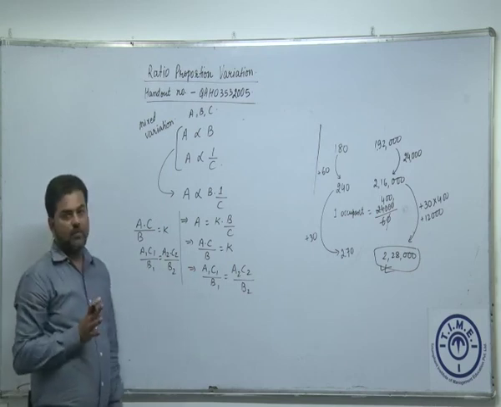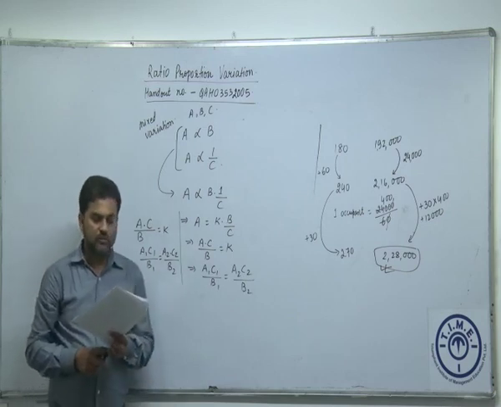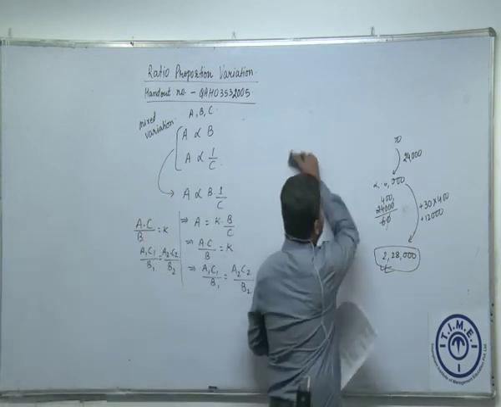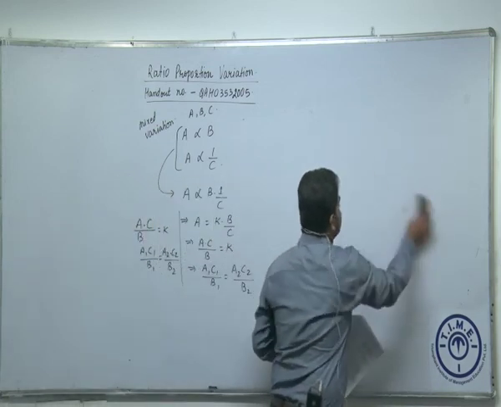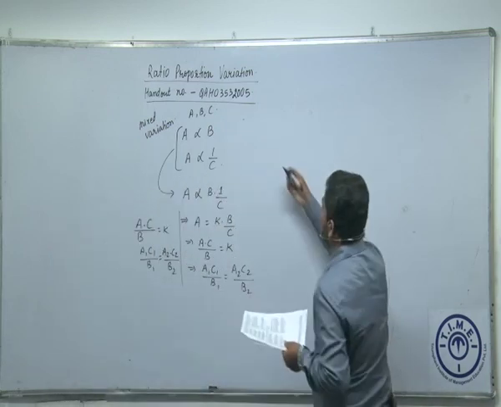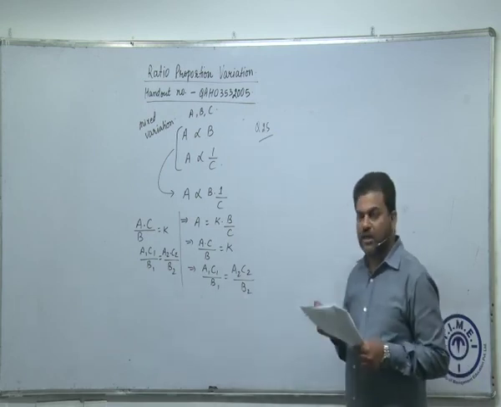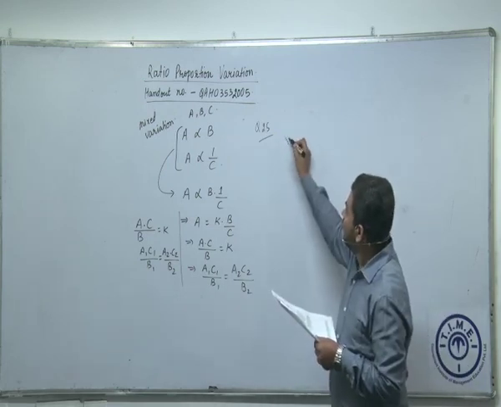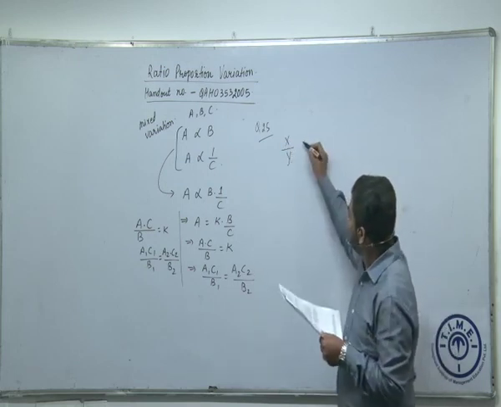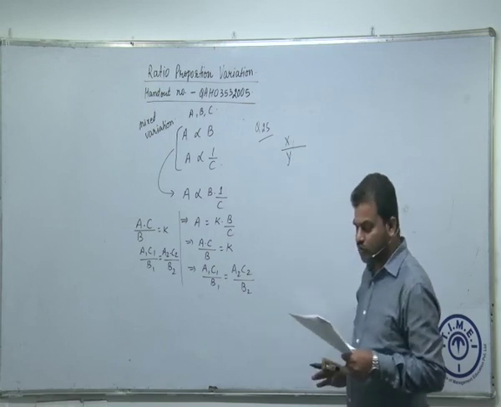Let us look at an example where we can use the application of this. That question is question number 25. So let's read question number 25, and we'll solve this. So what is given? It says X varies directly with Y. Can we write X by Y will be a constant? X by Y will be a constant because they are directly proportional, so the ratio is constant.